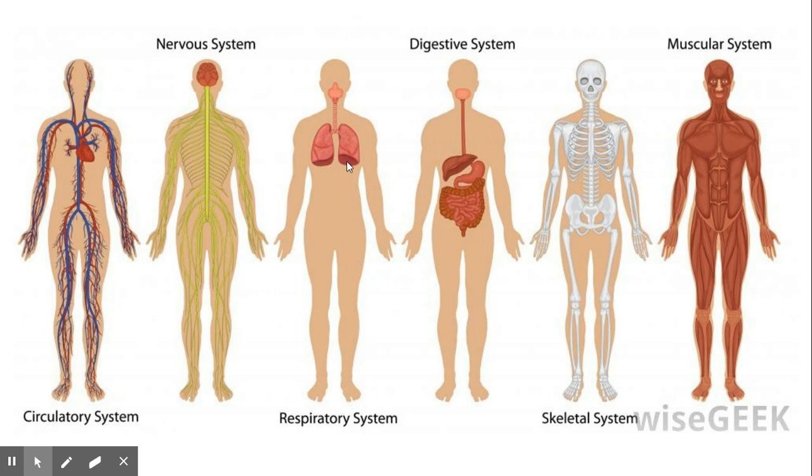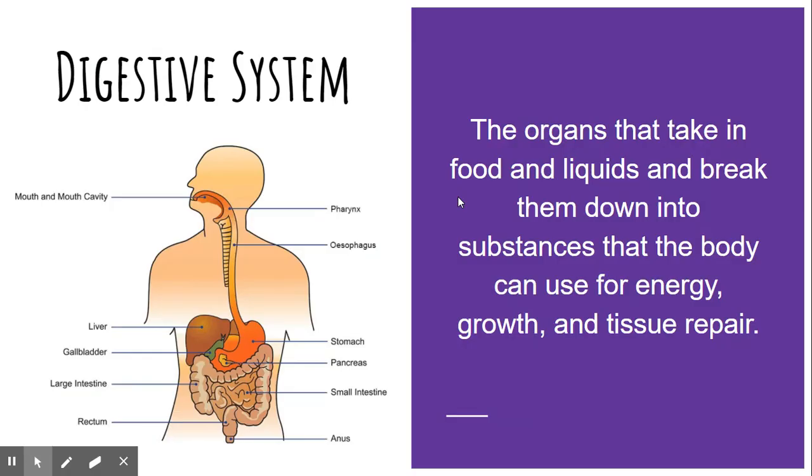Think about inside your body, you have all of these things all together, and they all fit just the right way, along with a few other systems as well. And we just sometimes don't even think about what's happening inside of our bodies, usually until something goes wrong, or we take the time and think. Otherwise, it just happens. Our digestive system is where we're going to start out,